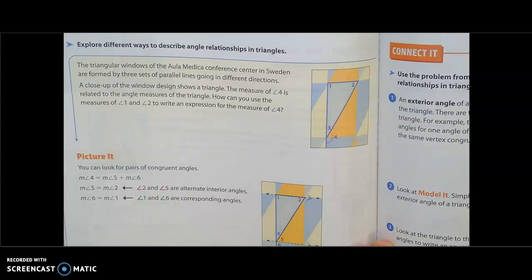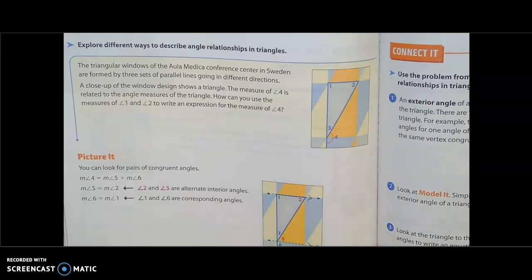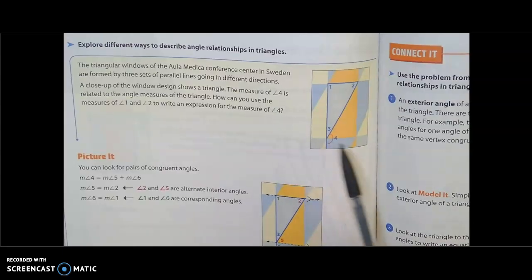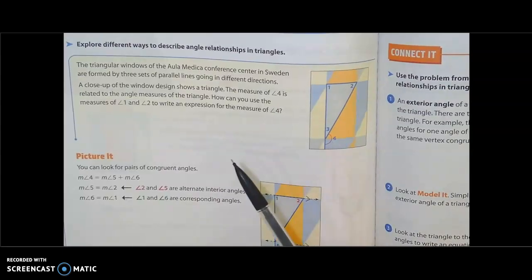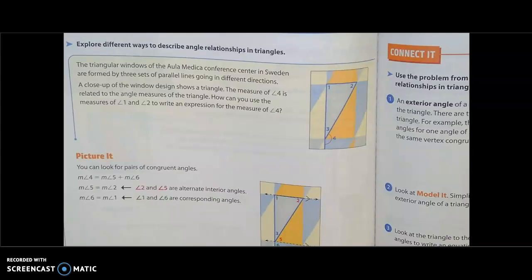All right, so today we're still talking about angle relationships in triangles, but now we're going to start talking about exterior angles. And so we had the following problem: the triangular windows of the Alua Medica Conference Center in Sweden are formed